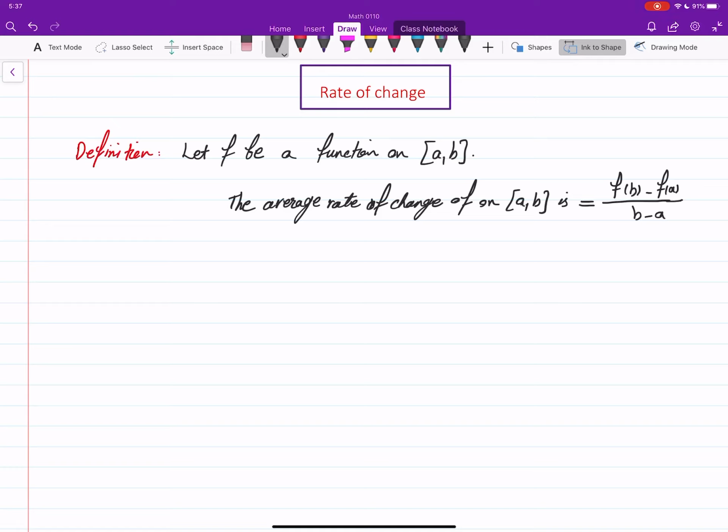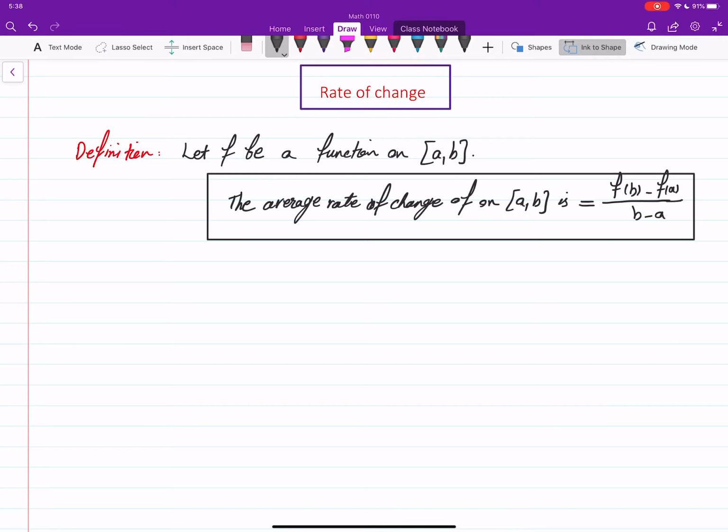And what is the reason for this naming? Let me just put this in a box. What is the reason for this? Well, let me tell you why we call it this. See that the numerator, which is f of b minus f of a, basically tells us the change of f on this interval. It's called the net change